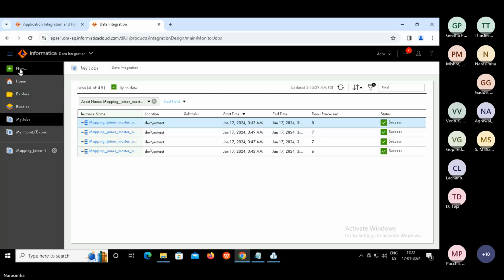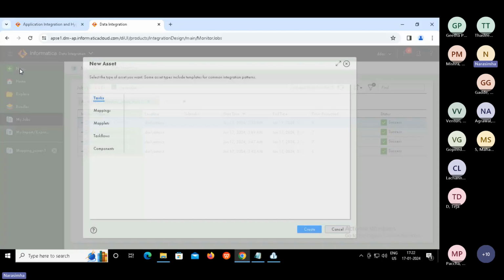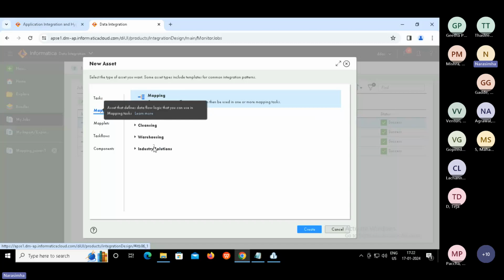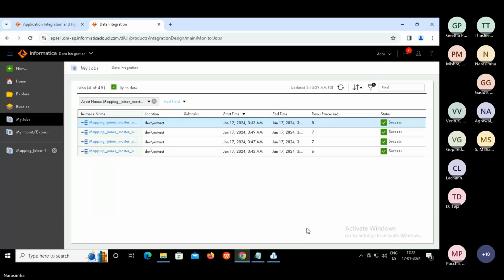Click on new, guys. This lookup can be obtained from the source or target, from anywhere. Click on mappings, say create.